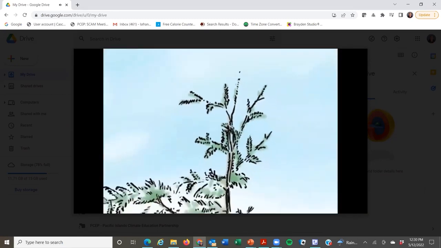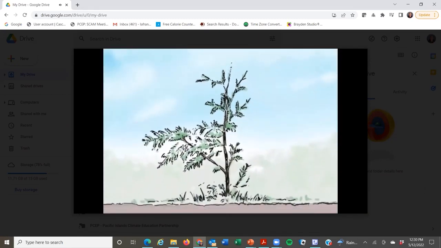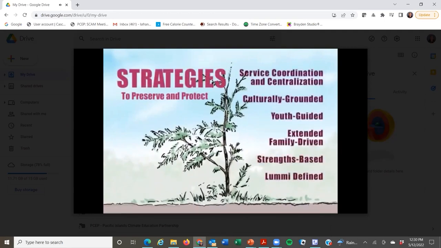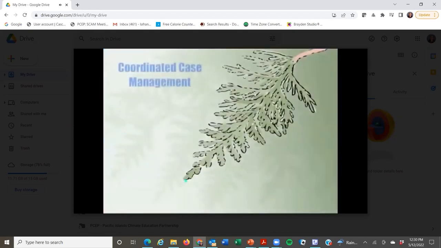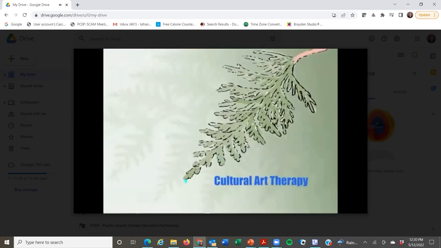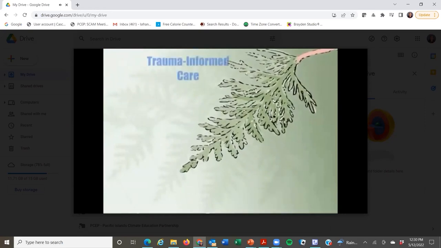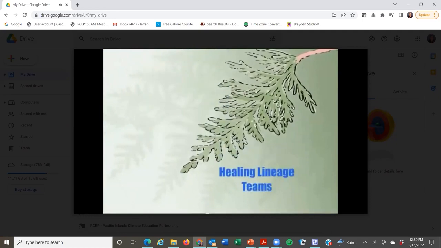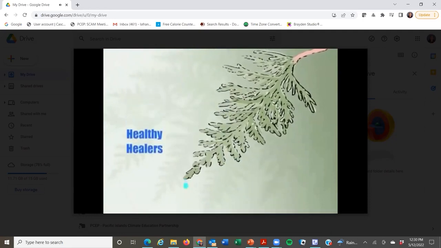A strong system will grow strong trees, but for this cedar to stay strong, it must continue to be nurtured, protected, and valued as it grows. A system that is nurtured will produce branches that reach out to capture and bring in additional resources that over time will transform the small sapling into a towering tree.